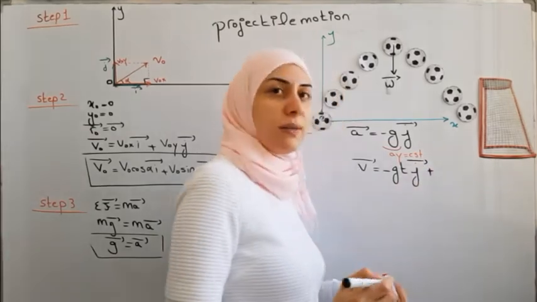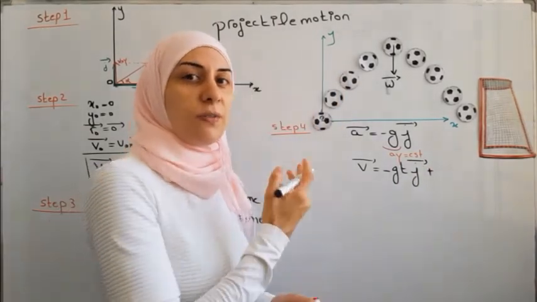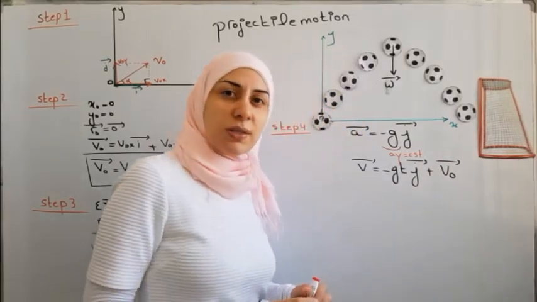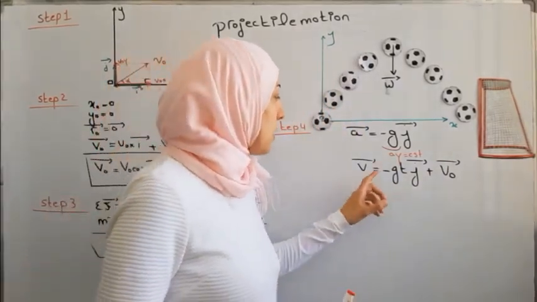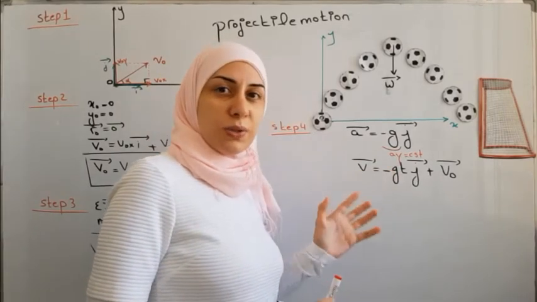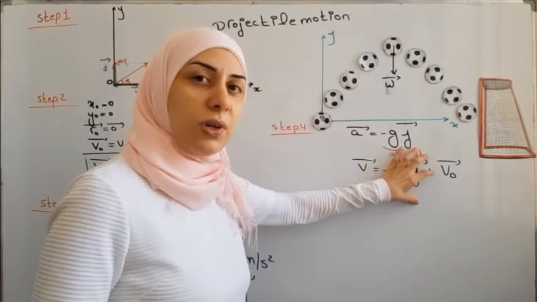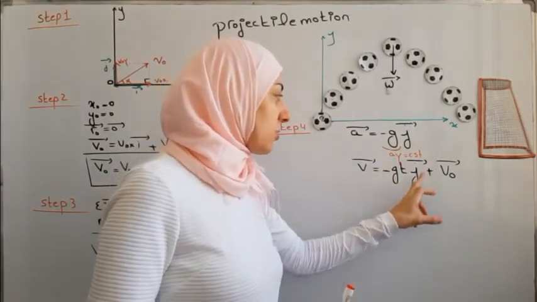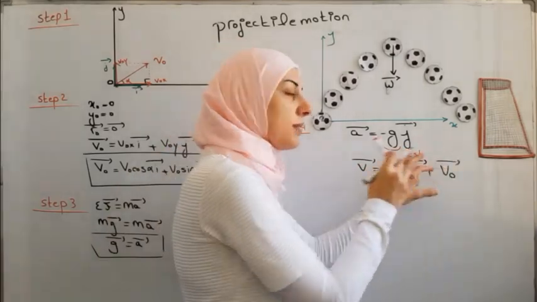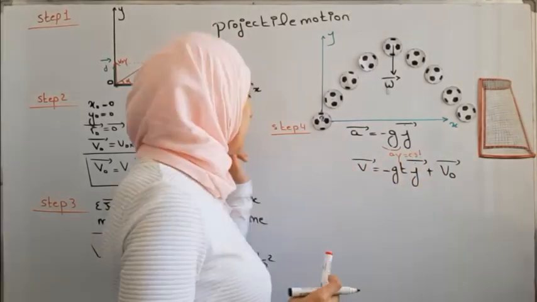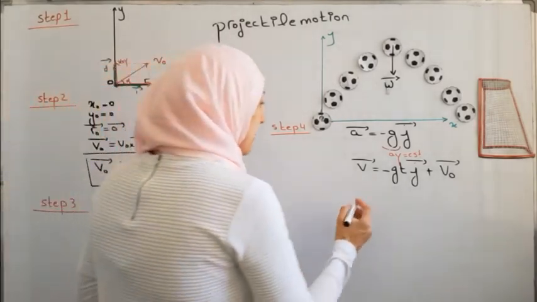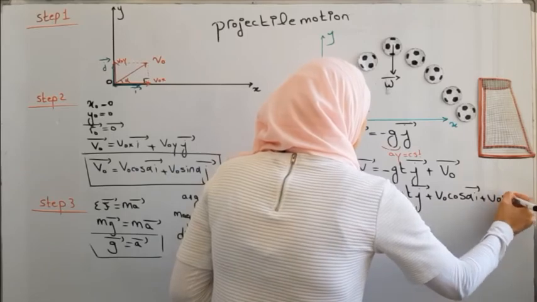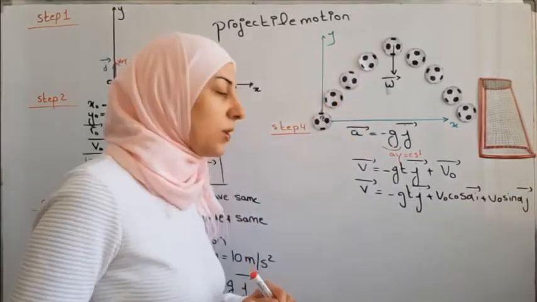Plus we have to add the constant. And the constant, we can find it from the initial conditions. So the constant is v0. Why is the constant v0? Because the value of the velocity at t equals 0, when we remove this factor, is equal to v0. So when we remove the factor which contains time, then the value of the velocity equals v0. And v0 we can find from the initial conditions. Rearranging the equation, we get